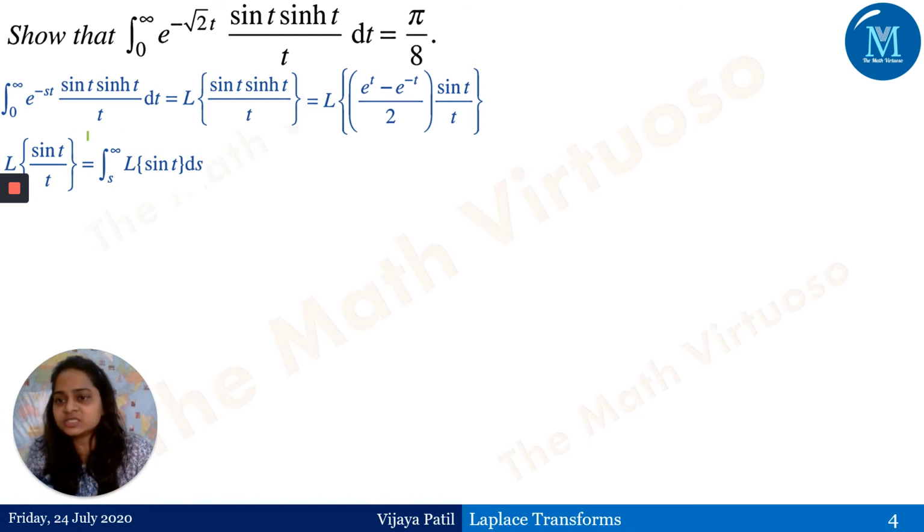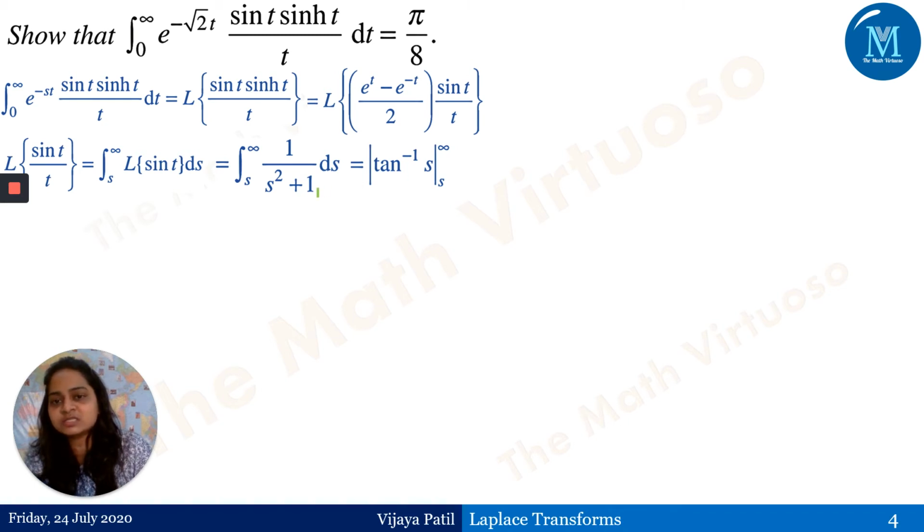Okay. So this is Laplace of sine t by t, which is integration from s to infinity of L of sine t dt, which is ds, equal to integration from s to infinity 1 upon s square plus 1 ds, which is nothing but tan inverse of s. Why is it not coming out as 1 by a tan inverse of s by a? Because in this case a is equal to 1 and it is 1 by 1. I have explained to you in the previous section the effect of division by t, where I have taken this type of question and explained the tan inverse of x by a formula, right? And now it is pi by 2 minus tan inverse of s.